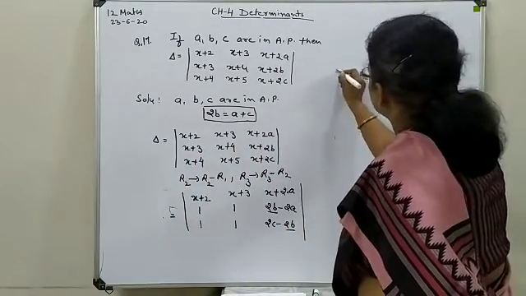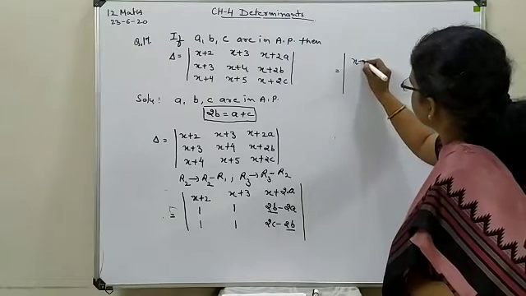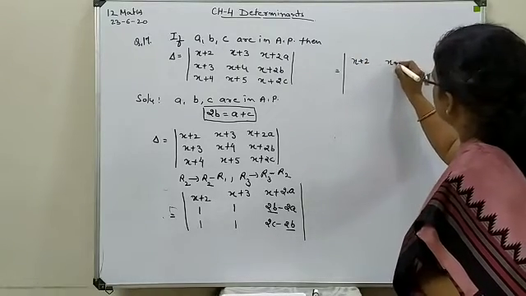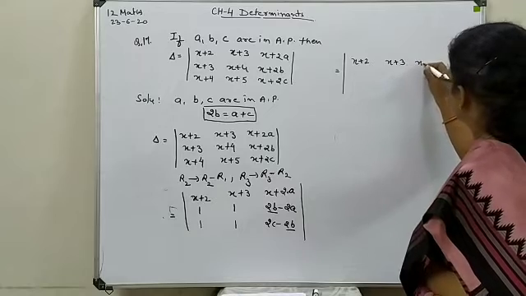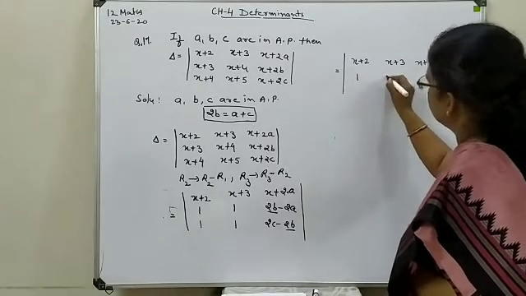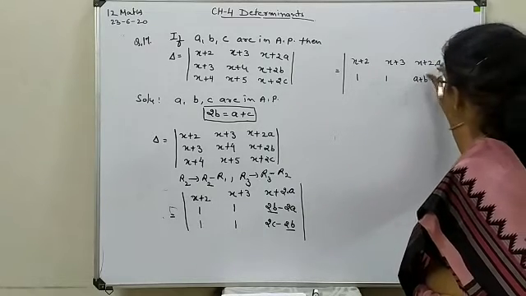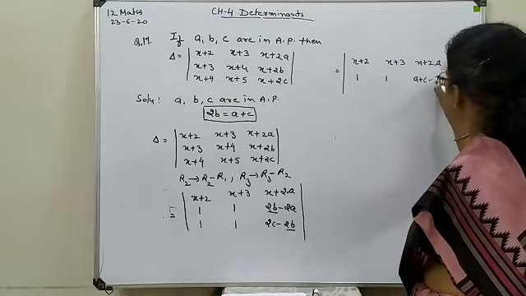So furthermore, this is x plus 2 as such. This first row is not going to be affected. This is 1, 1. In place of 2b, a plus c minus 2